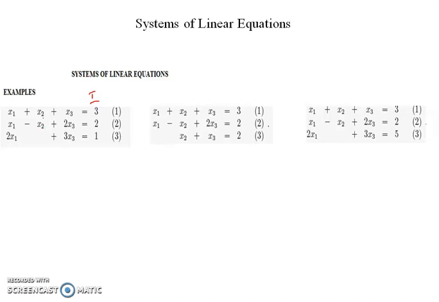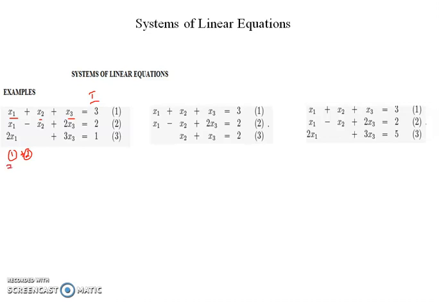So in this case we need to find out the optimal solution. So the optimal solution is like you need to find out the value for x1, x2 and x3. From the given set of equations you need to solve to get the value for x1, x2 and x3. So as we have learned earlier, you need to solve these equations. So first you can perform 1 plus 2. When you do 1 plus 2, you will be getting